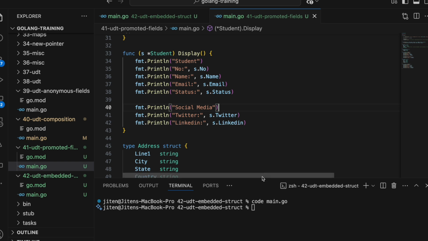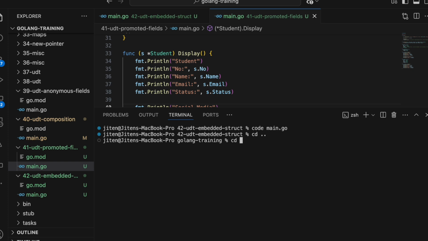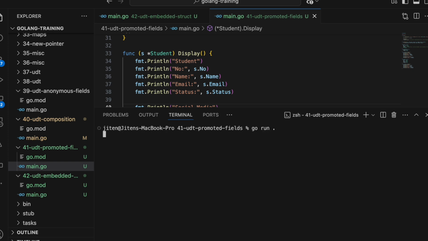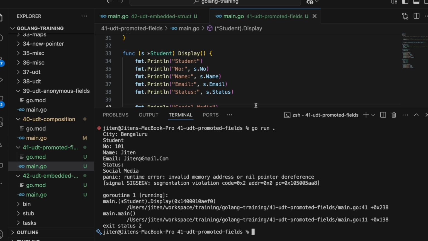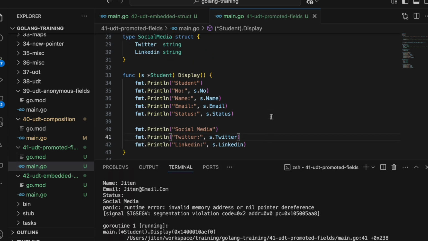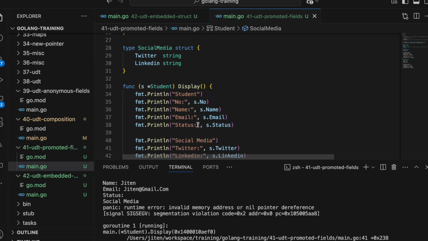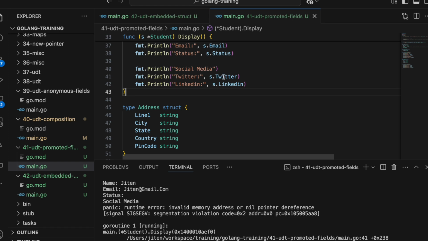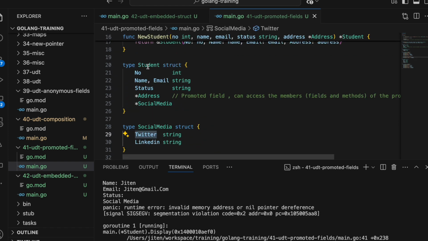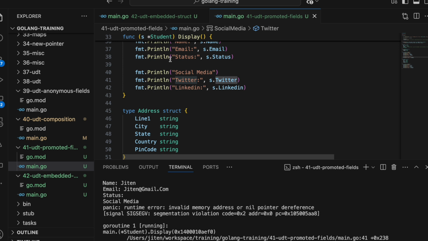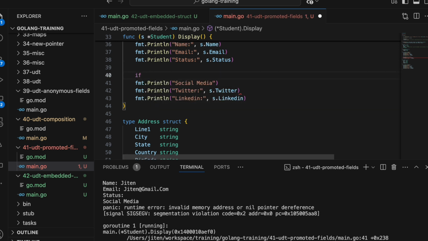Okay, let me go to first of all 41, executed. So it is giving a memory segmentation violation error. The reason is, you put it as a pointer over here, and then you're trying to directly call the details, but this is nil. So either you always check if s dot social media is not equal to nil, then only print it, because the moment you start using pointers,